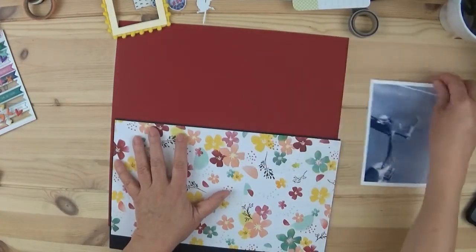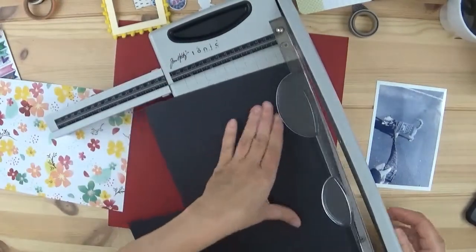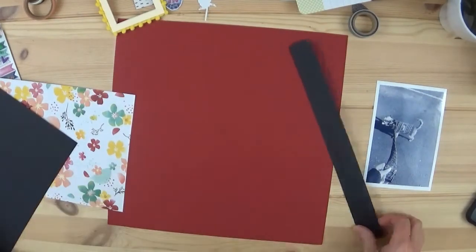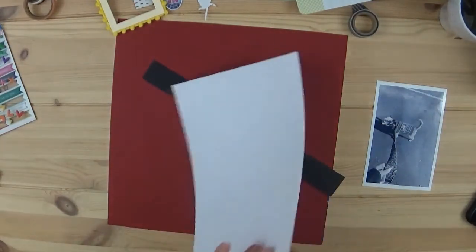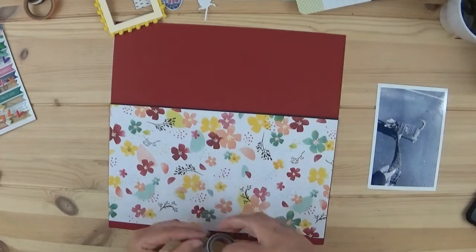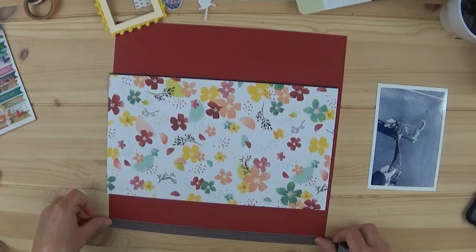But I've been using this a lot. I felt like the floral paper still needed to pop just a little bit, so I need to put a little black behind it. I would do the blue if it would work, but in the floral it has this really dark gray, black leafy thing. I don't know if you probably even notice it, but it's not navy, and it would clash if I did use the navy. Now this is washi tape. I'm gonna put it down here at the bottom,